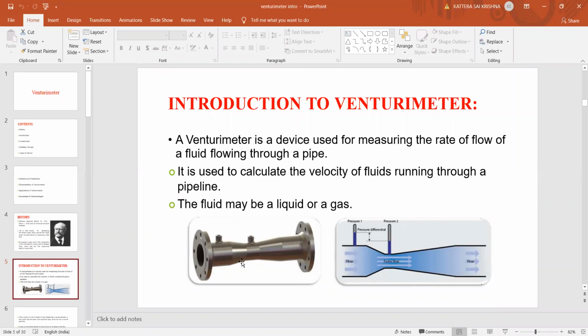Right. So what happens when we reduce the diameter of a pipe here, the velocity of the fluid flowing in this will increase and the pressure will decrease, in this convergent part. And here it will flow with the same velocity which is generated here up to the throat. Then again, the diameter of this divergent part is increasing gradually, so the velocity will decrease and the pressure will increase in the divergent part. So these are the three parts of your venturimeter: convergent part, throat, and divergent part.